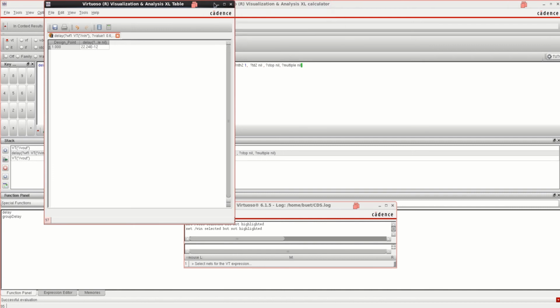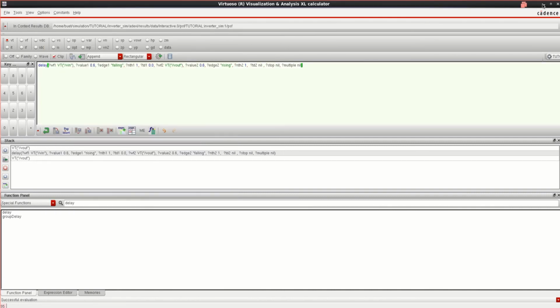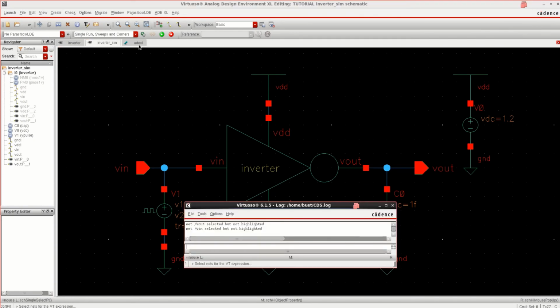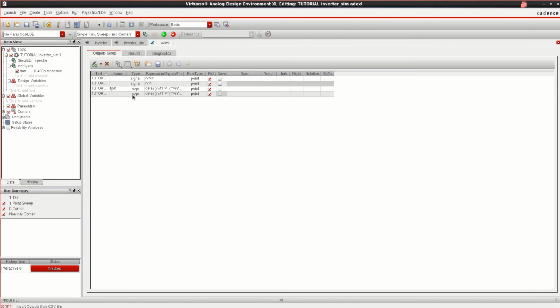So close this. Go to the ADE XL window. You can see that there are two expressions. Earlier, this is TPDF. Right now, double click here and you can name it TPDR, which is for rising.